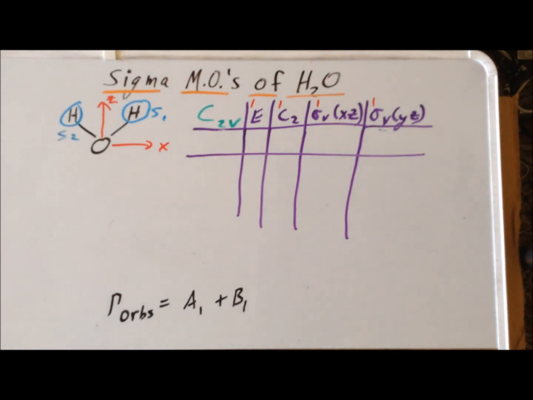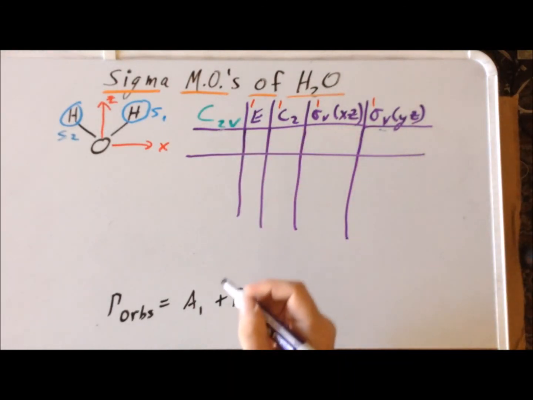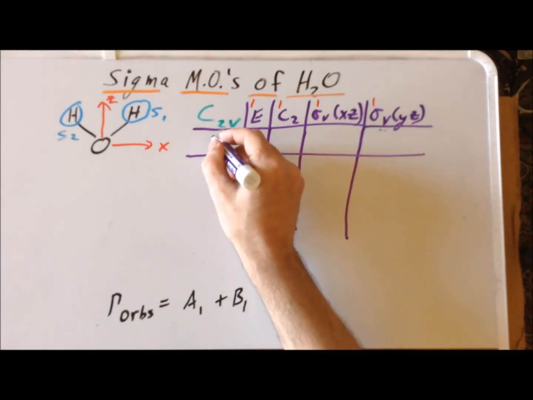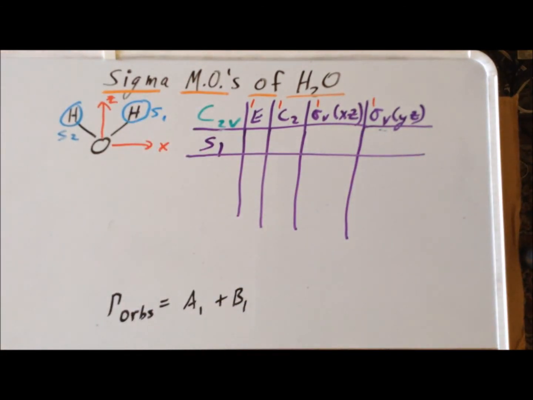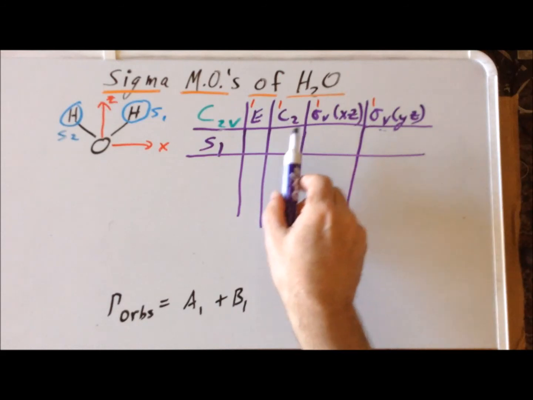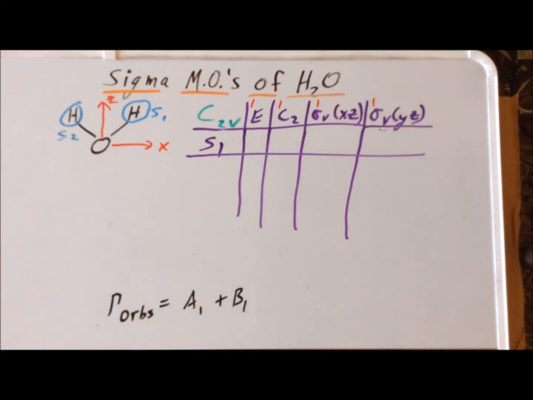Our next step is to see what these actual group orbital linear combinations actually look like. Similar to the case that we did for vibrations using the projection operator method, we look at one typical group orbital, sigma 1 here, S1, and we want to see what happens to this particular orbital under each of the symmetry operations of the class. So here, each